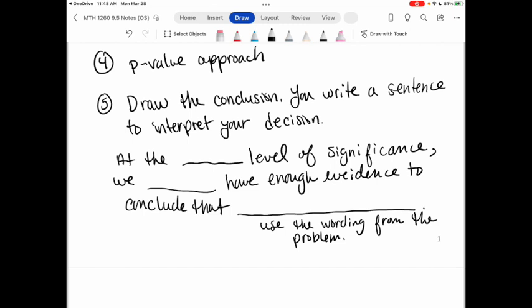So you're going to use the information from the problem to finish off the sentence based on what your